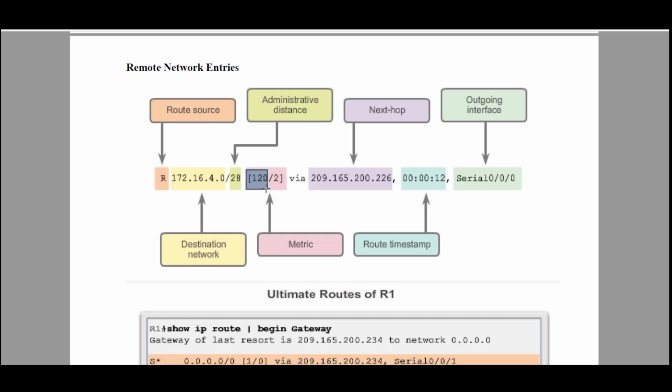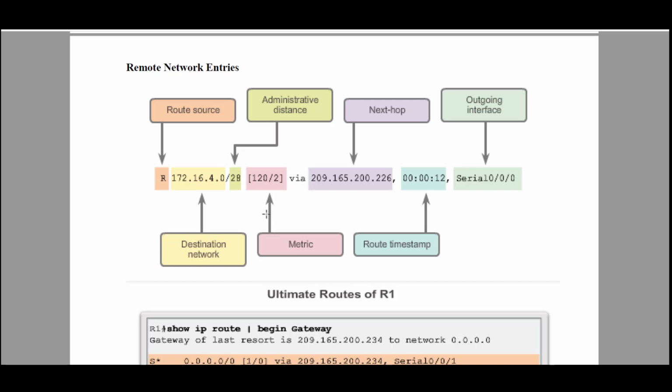The next one is called metric. What does the metric mean? How are they calculating this? If you take the RIP protocol, the metric is going to be hop count. Hop count means 2 routers, 3 routers, 4 routers. They have to cross 2 routers, then only they can reach this destination. If you use OSPF, you will find the cost, not the hop count. So what I'm trying to say is, every routing protocol will have a metric.